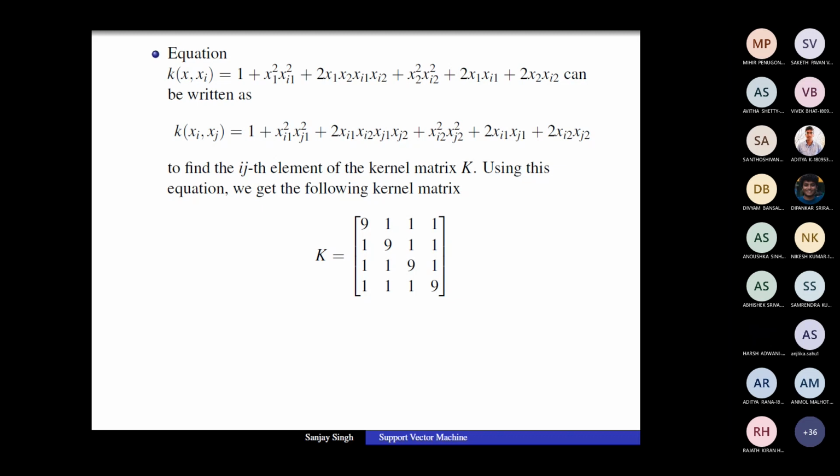Suppose my xi is -1 -1, that is the first input, and xj is -1 and +1. When you do this computation, you will see that the value comes out to be